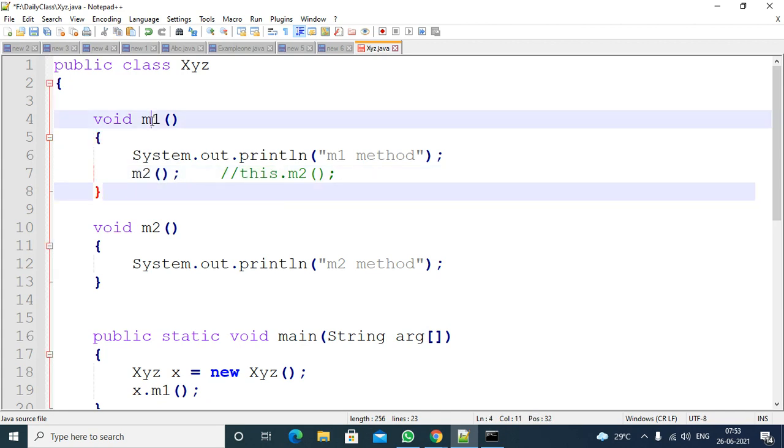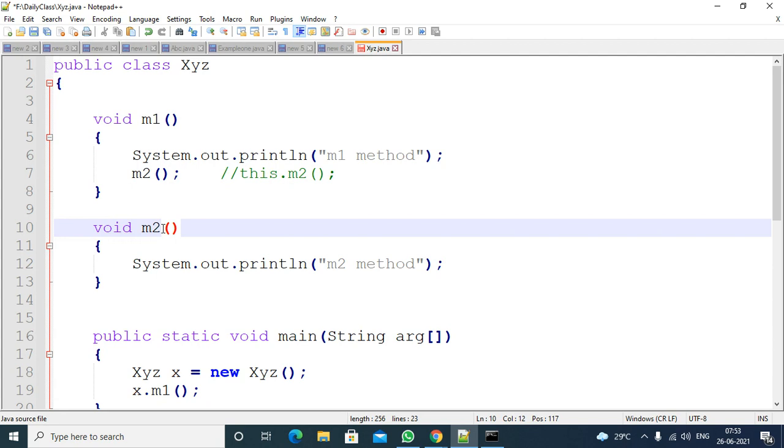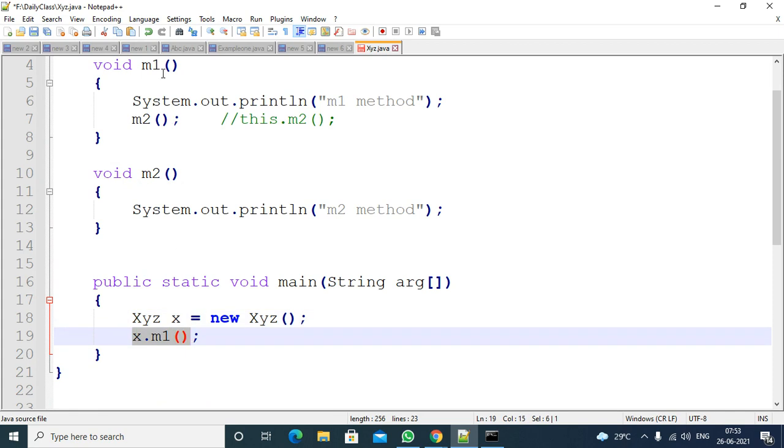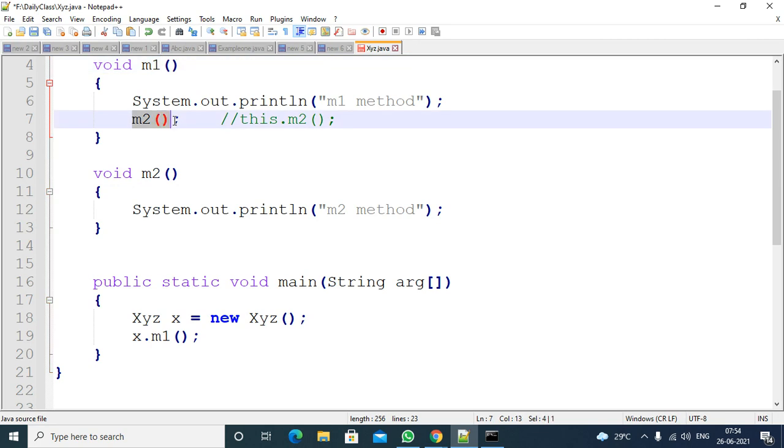So that means to call the m1 method or m2 method, you must require a reference. From here, you created the reference and using this reference you are calling it. So from here, if you want to call any instance member, you are calling directly, even though at the back end it will add the code like this dot m2.